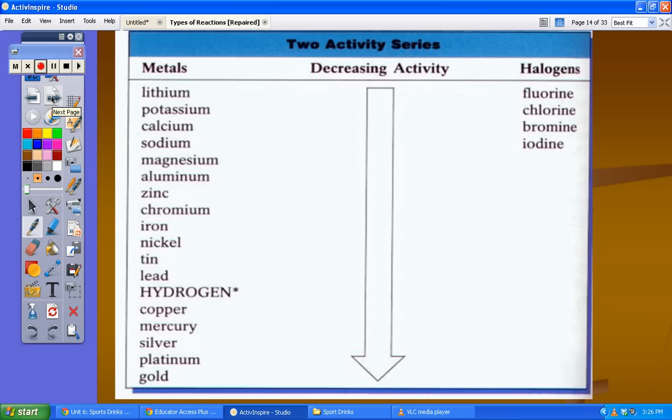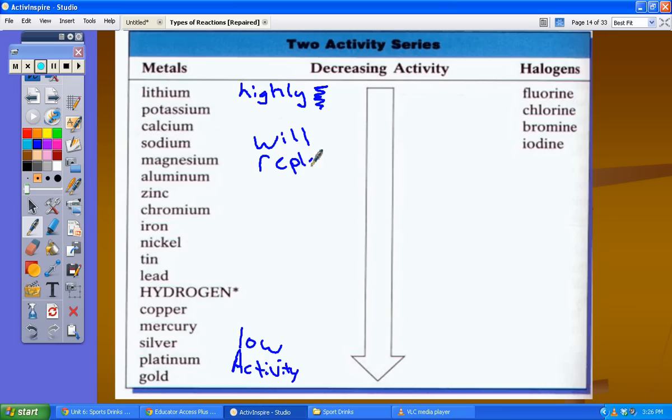With this table, this chart is really important. There is a level of activity that's really important. So these ones are highly active, and these are low activity. What that means is that anything up here will replace anything below it. So for example,